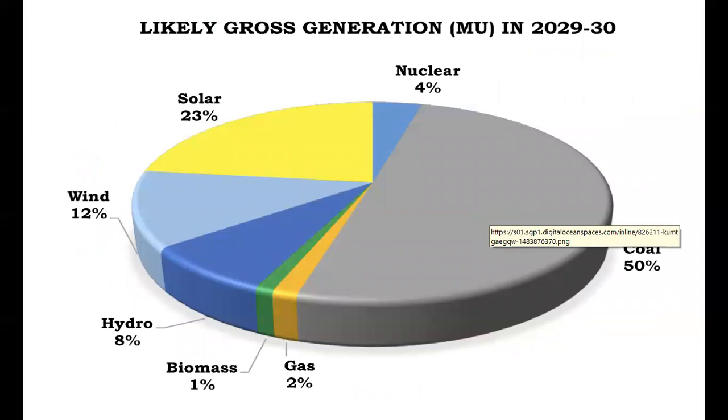Then also hydro, that is the small hydro stations of 8%, will be included in the renewable. Large hydroelectric projects or hydroelectric power stations will be in the conventional source, and small hydroelectric power stations will be included in the renewable energy source. And biomass will be 1%, gas 2%, mainly the solar will be 23%, the nuclear 4%, and coal will be only up to 50%. So there is a large increase in the percentage share of the power generation by the solar energy system.